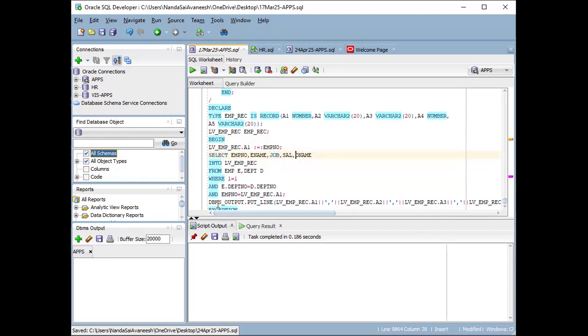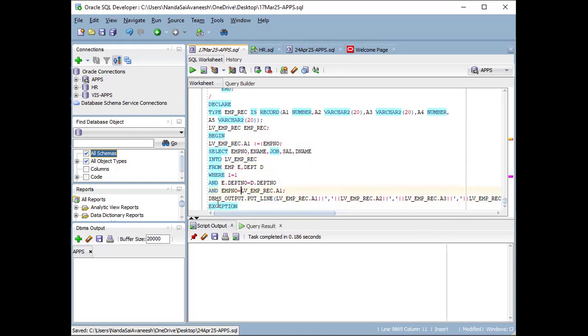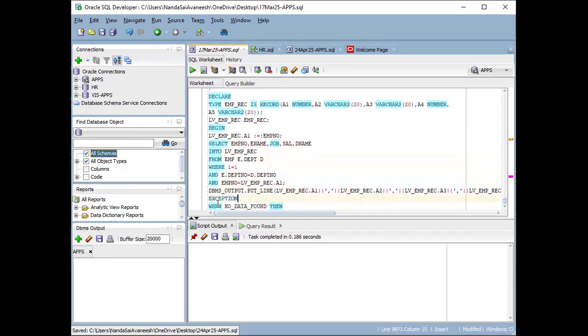Department name will be in the department table. So here we are using the join condition on these 2 tables, EMP E and DEPT D. Based on the join condition, we are getting this value. For whatever employee number we pass, we get this value